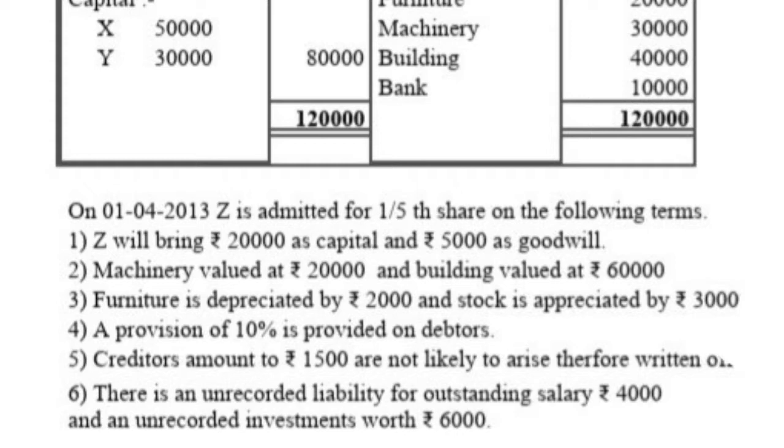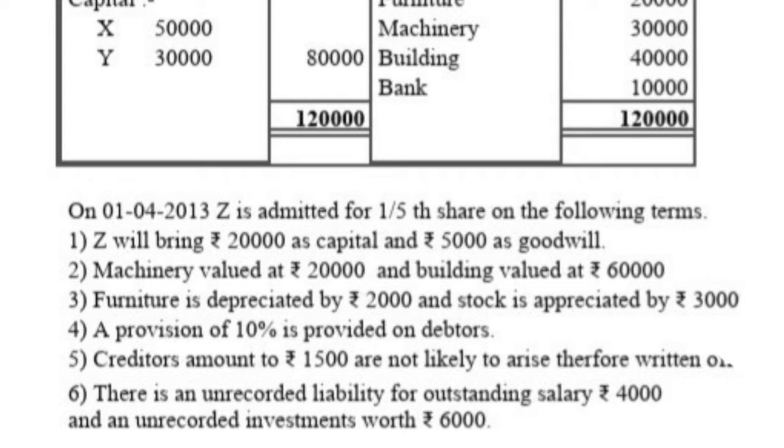So the machinery value decreased by rupees 10,000, right? When an asset is decreased, we should credit the asset,